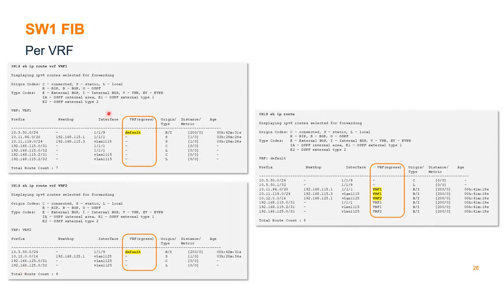After checking the BGP, we will check the routing table, and you will see in the routing table the egress VRF that is used. So for instance, for VRF1, to reach 10.5.50.0/24, the egress VRF is the default, because that route is coming from the default. So in order to reach that destination, we have to egress to the default VRF. Similarly, inside VRF2, the same information. However, on the default VRF, in order to enter those VRF1 and VRF2 subnets, we have to egress into VRF1 and VRF2.